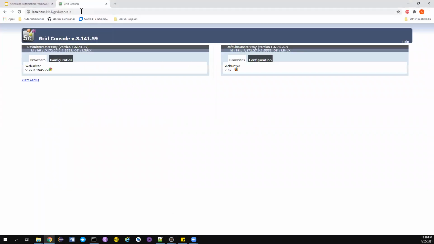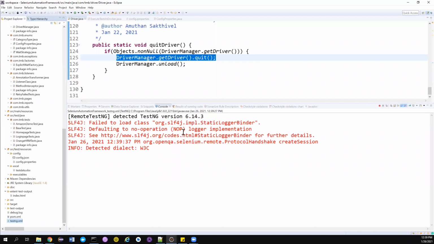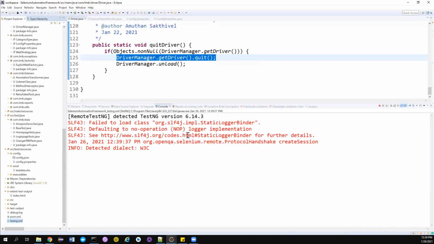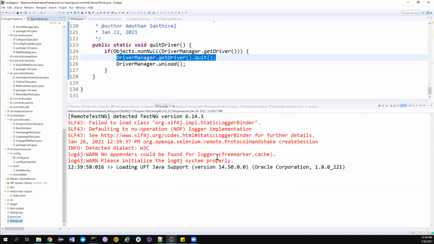And yeah, this time the console is up and running. This Chrome browser will be occupied. Good. Now this test is running in this particular Chrome. That's why it is in a fader away, right? Good. I should have written some logs so that we can see the logs, but that's okay. I think the test is now completed.